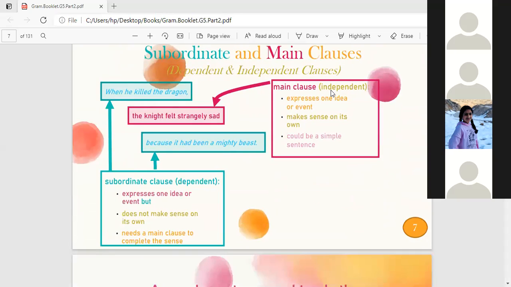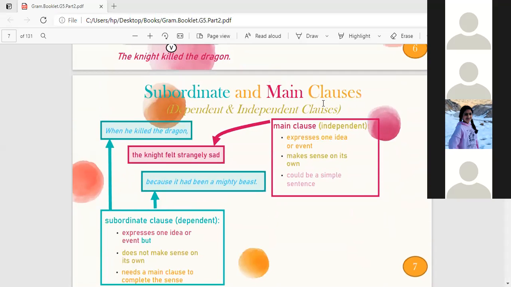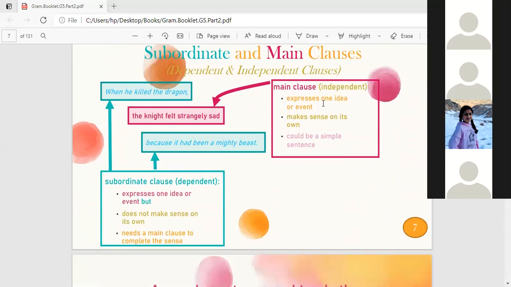So when we say dependent clause, guys, it doesn't give us a complete idea. It has an idea, but it's not complete. It's missing something. That's why we call it dependent, because it depends on something else to be complete. It has a subject, but it can't stand alone. It's like a baby. Yesterday I said, keep it in mind. The dependent clause is like a baby. It cannot stand alone. It doesn't give a complete idea on itself.